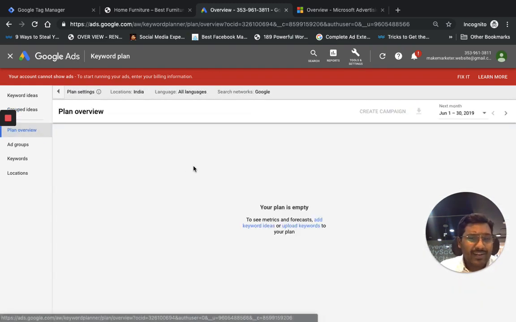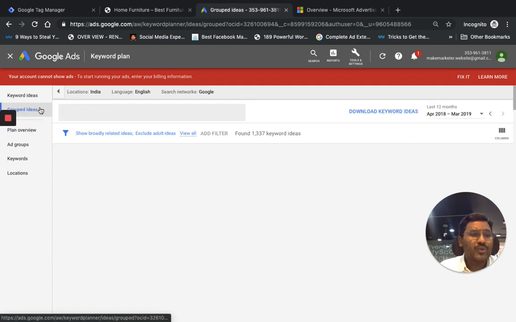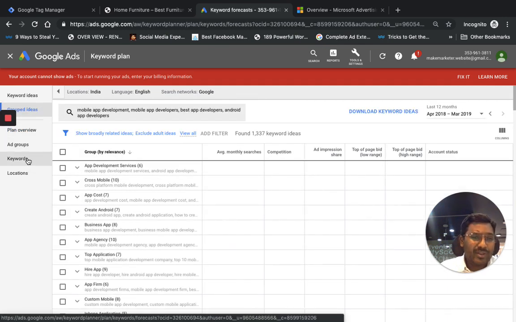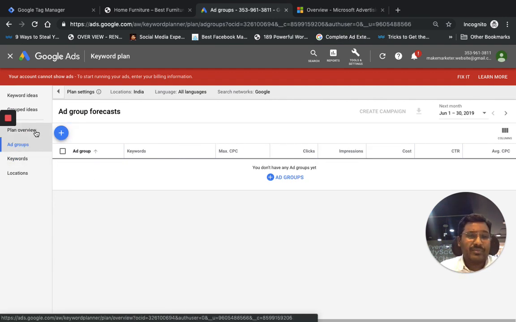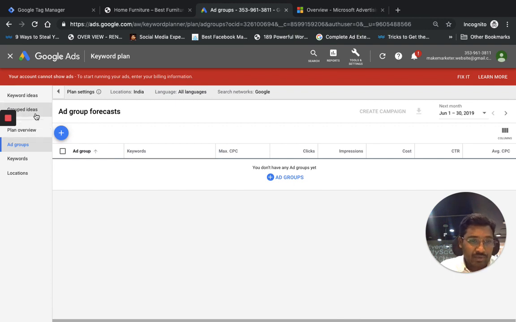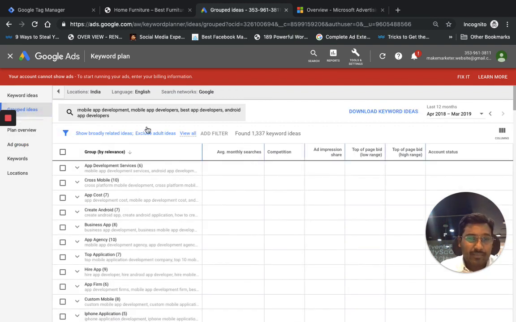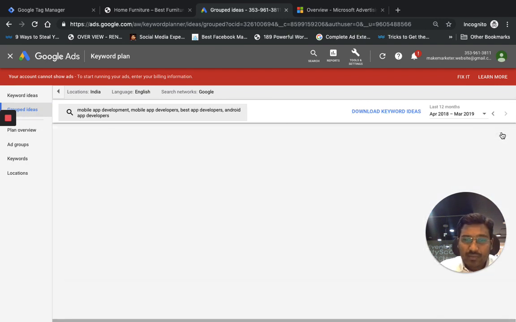Plan overview, I haven't added anything to the plan. I'm going to do that. I'm going to show you how to do that. So if I go to keywords, I haven't added anything to the forecast, right? I haven't added anything as an ad group because they're all part of the forecast. So I will add that in a while. But before I go there, I want to show you this. There's some columns as well. If you go to columns here,